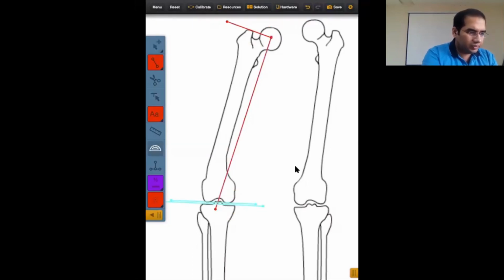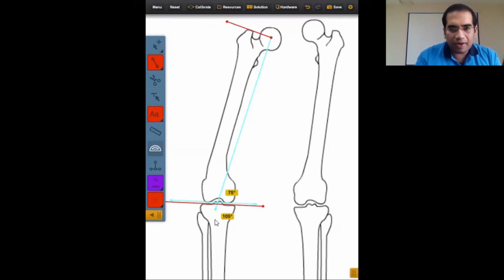This has given us, now as we can see here, the lateral distal femoral angle here is 105 degrees. The rule of opposite angles: this angle is equal to the opposite angle. So the lateral distal femoral angle is 105 degrees. What does it tell you? The normal angle is 88 degrees. So it is increased, which tells us that there is a varus deformity in the distal part of the femur.